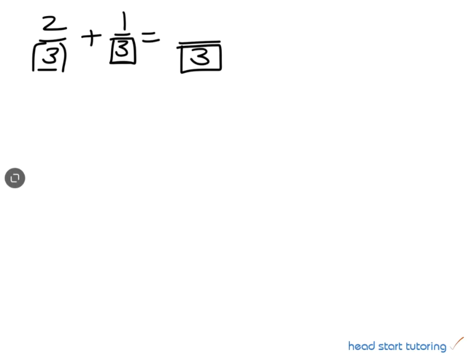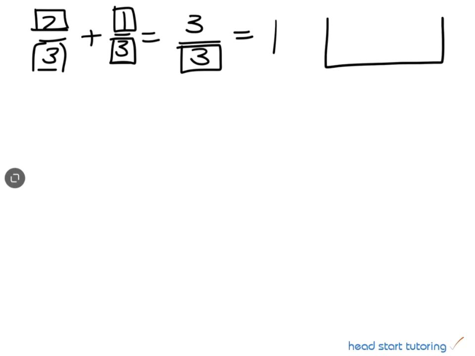So we've got 2 over 3 plus 1 over 3. So because our denominators are already the same, all we do is we plus our numerators. So 2 plus 1 is equal to 3. So we can have a look. So 3 over 3 is obviously equal to 1 whole. So we can have a look at